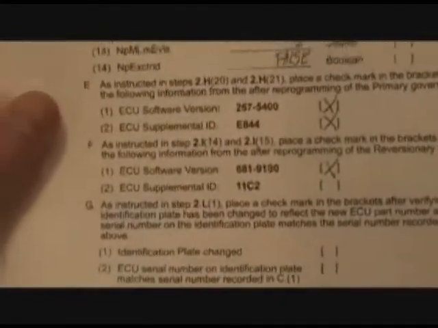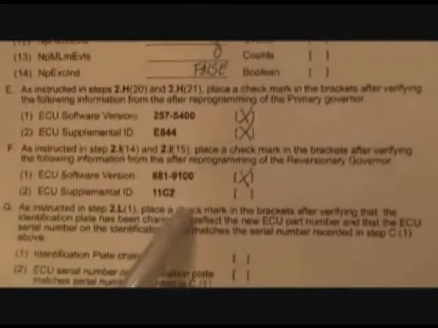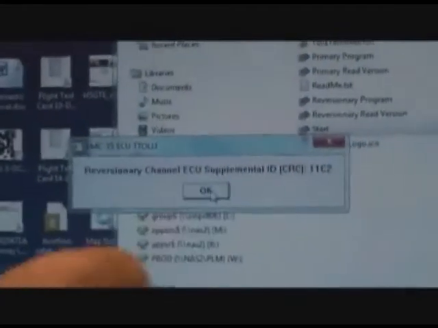Then we're going to go back and we're going to click OK on the box, and then we'll check and come up with the supplemental ID. And it's just popped out with 11 Charlie 2 and 11 Charlie 2 is what is expected, so we'll check that box. Then we'll click OK,